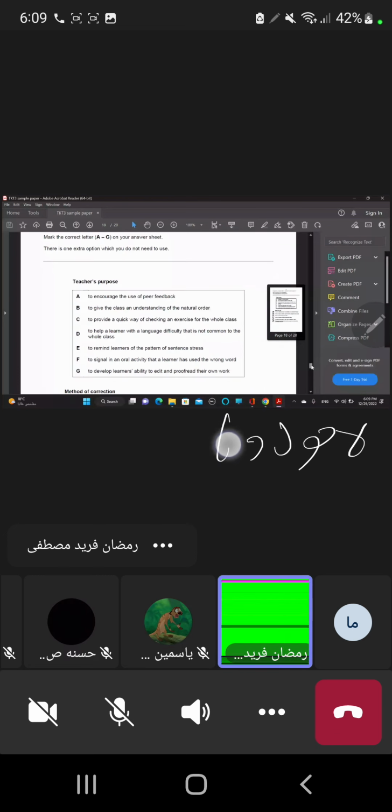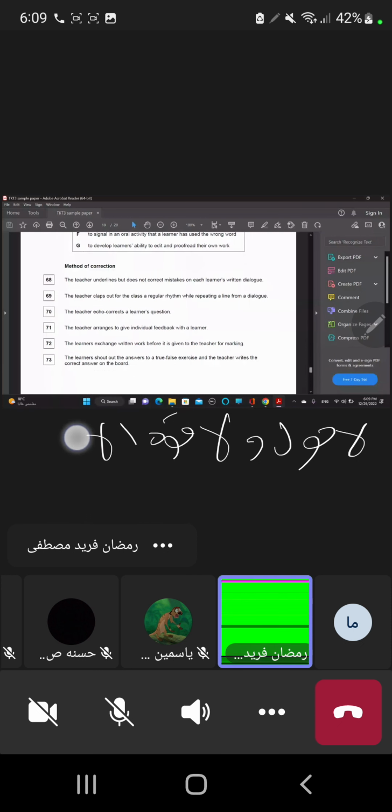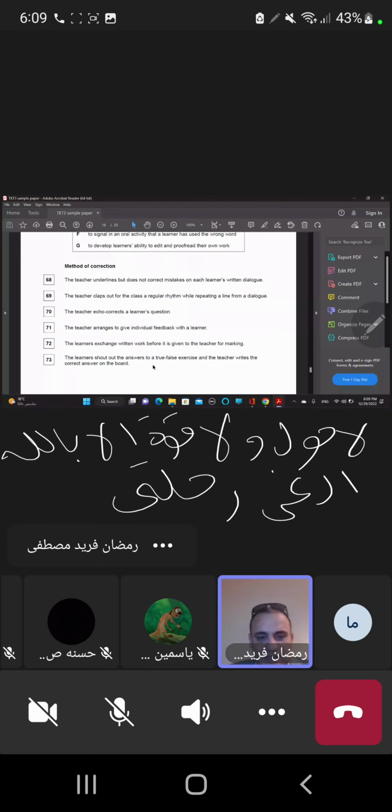Teacher purpose and method of correction. The learners shout out the answers to a true-false exercise, and the teacher writes the correct answer on the